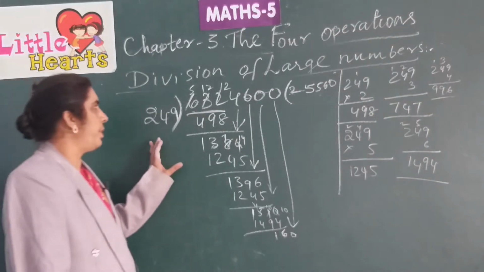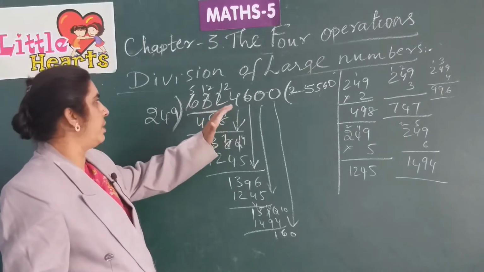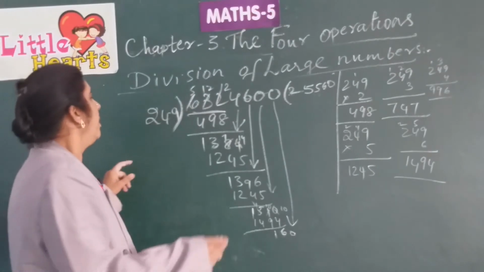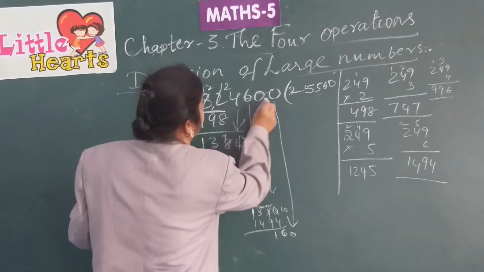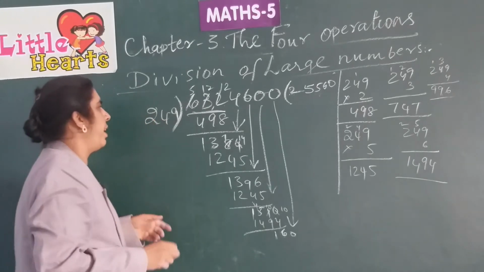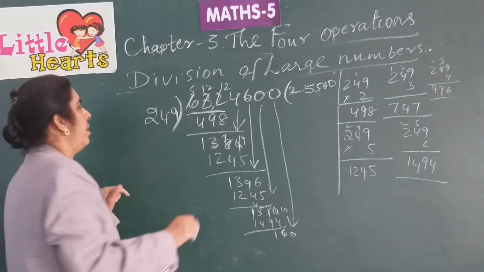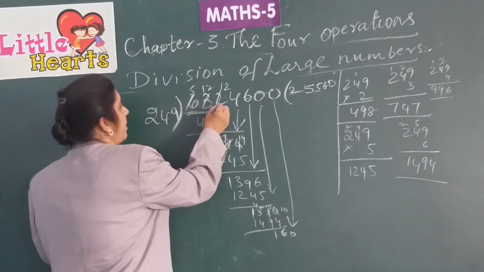Yeah, let us go with the division now. The cost of 249 air coolers is given, and we have to find the cost of each air cooler. For that, we shall divide 63,24,600 by 249. Let us go with the 249 table. Take the first three digits of the dividend, 632.